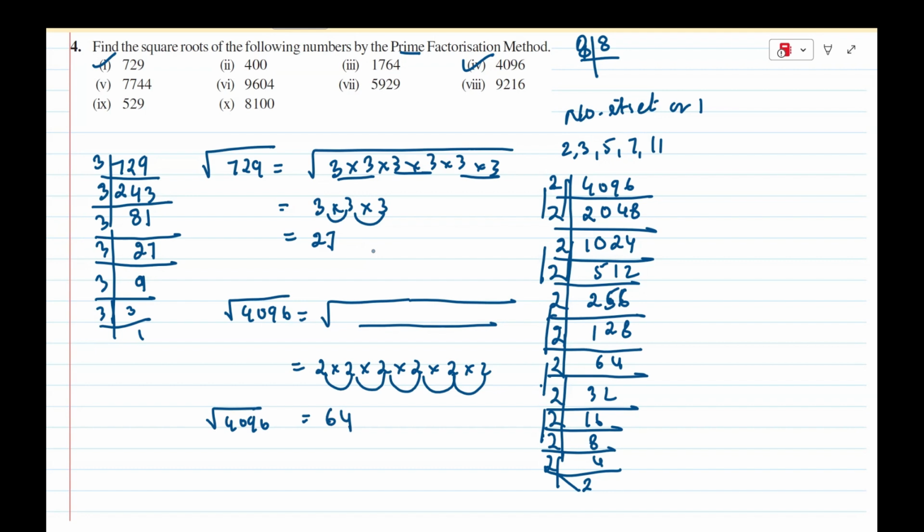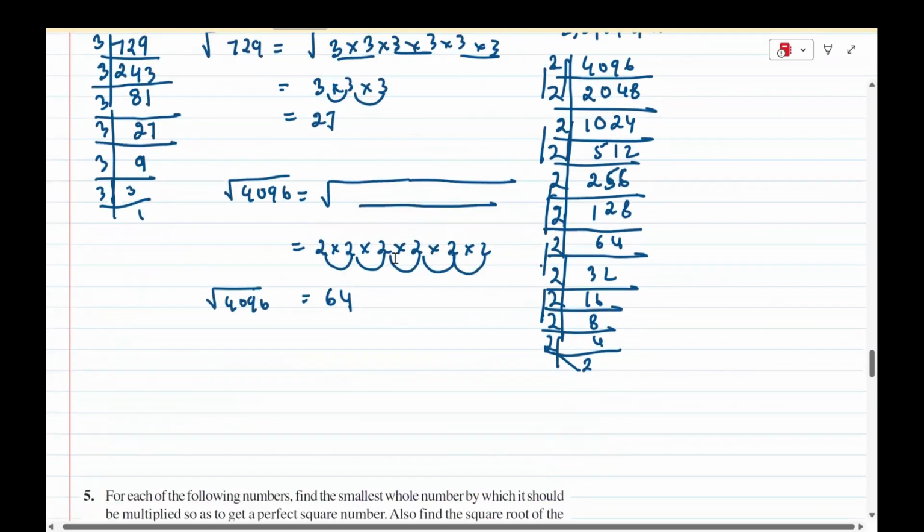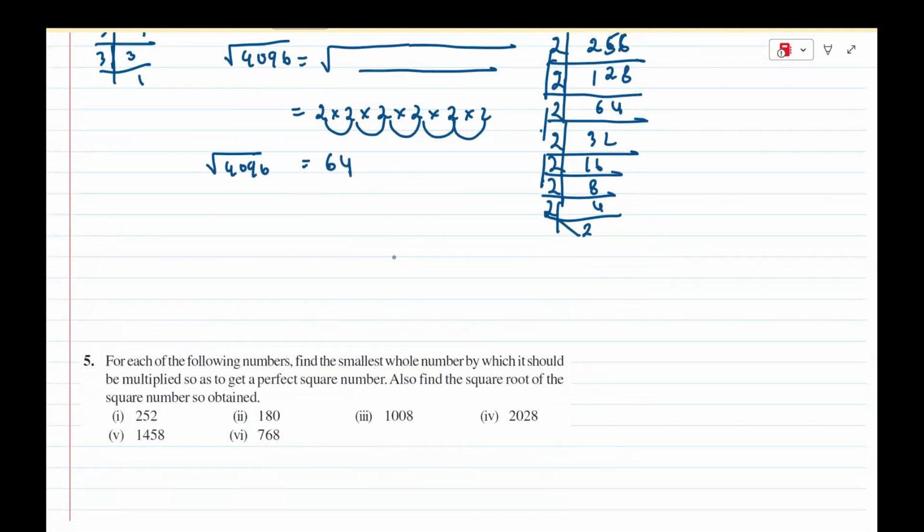I don't know which one you find difficult, but I'm taking 9216. Correct? Or even I can take 5929. I'm myself confused which one you feel is difficult. So I'll take 9216. So here